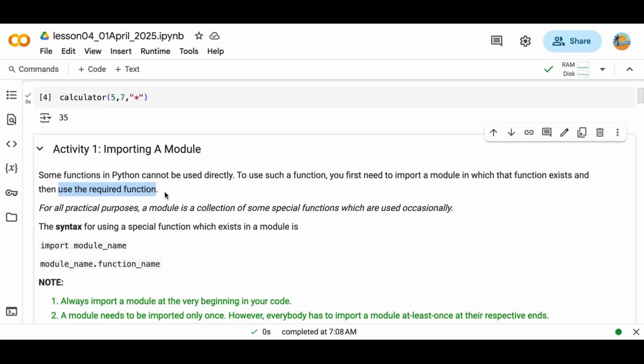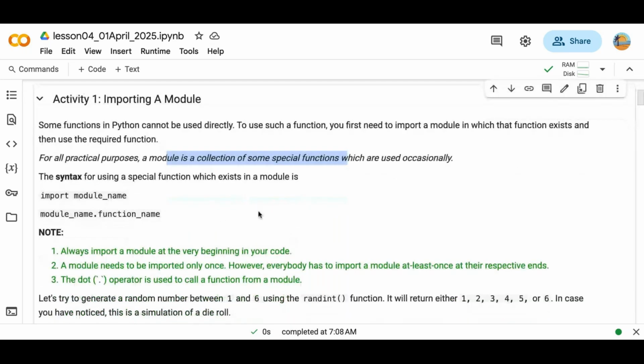and then use the required function. For all practical purposes, you can say a module is a collection of some special functions which are used occasionally. You don't have to learn the syntax by heart. With practice you understand which functions are to be imported and from where, because memorizing such things becomes very difficult. The syntax is just you have to write import and then the module name from where we are importing. There are thousands of functions. We cannot actually remember this, but with practice